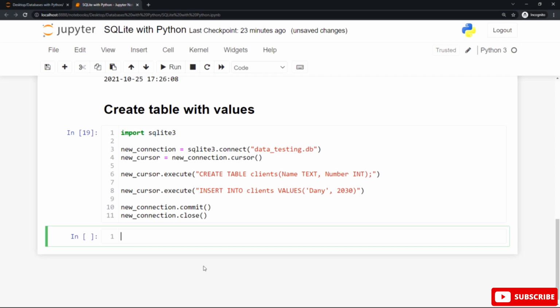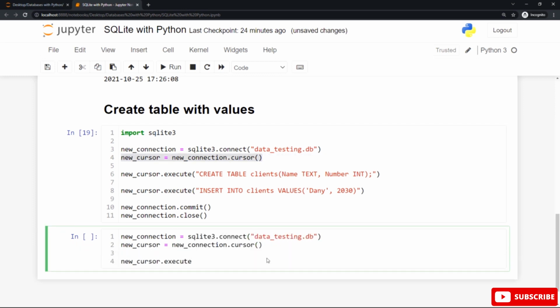After typing this program, if you want to fetch the information or the data from this table called clients, please follow the next steps. Here we are typing our program to fetch the results from the clients table from data testing.